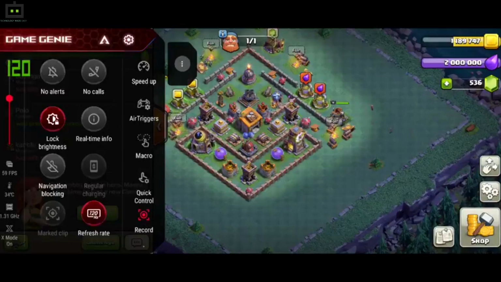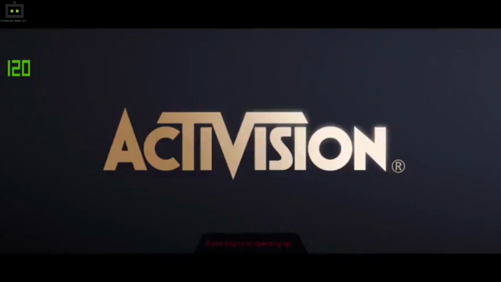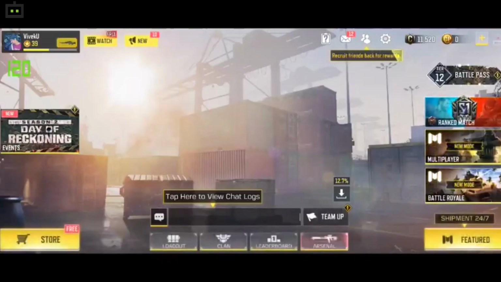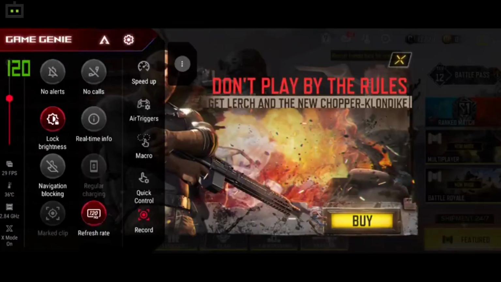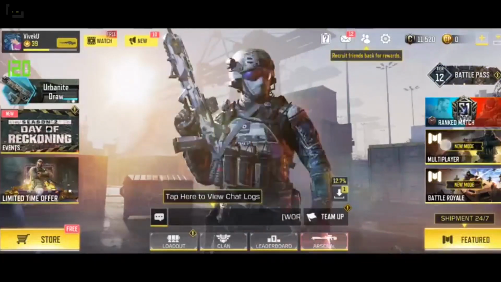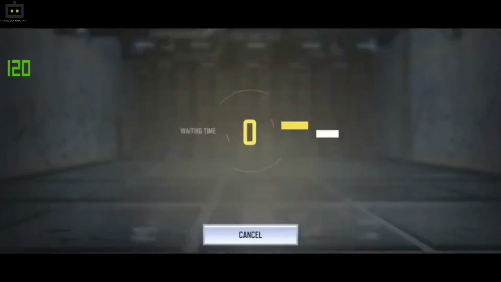Again, I am showing you on the Clash of Clans game, even though the screen refresh rate is set to 120Hz, it can only produce 60Hz because that is a limitation of that specific game. As you can see, I am now opening Call of Duty, which also offers a maximum FPS of 60Hz on Android smartphones. So even in the X mode, where it actually locks the refresh rate to 120Hz, you can actually see the average refresh rate or the frame rate of this game on the ROG Phone 5 is around 60Hz, as you can see in the console now. So let us actually look at the gameplay on the X mode using the ROG Phone 5.